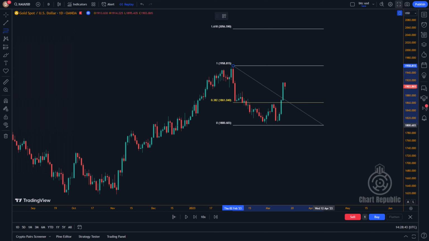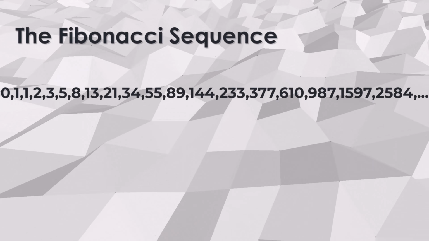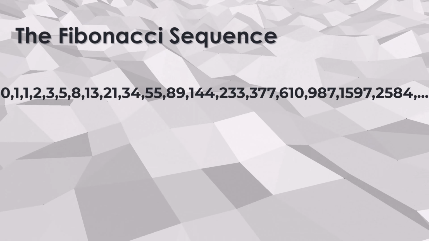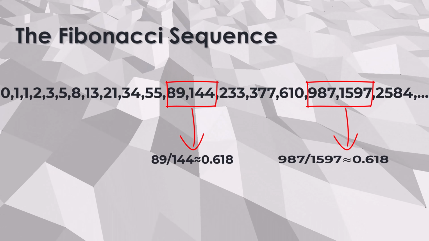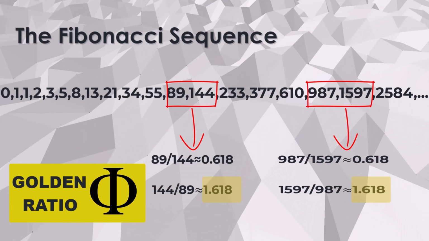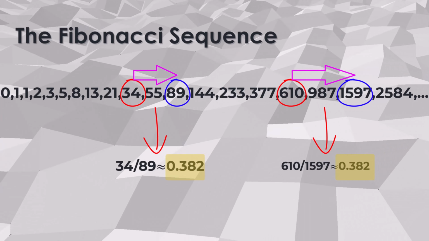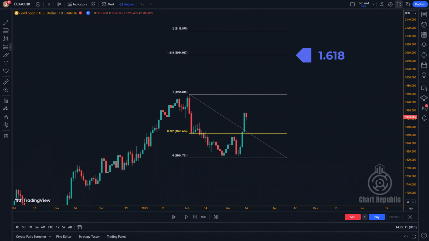Afterward, measure the pullback with the Fibonacci retracement tool and manually add 2 extra levels, 1.618 and 2.0. Please keep in mind that these numbers were not chosen randomly. These figures represent some of the most significant Fibonacci levels, which are derived from the Fibonacci sequence. Traders commonly use these levels to identify optimal entry and exit points. These levels will be used as the entry point for the second half of the trade and to set the stop losses for both trades, respectively.